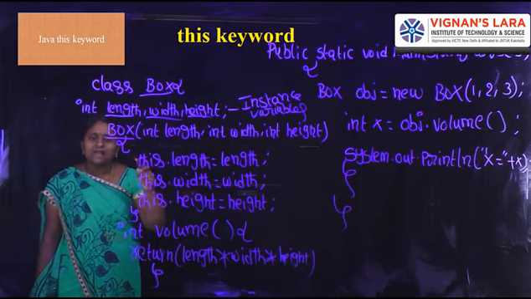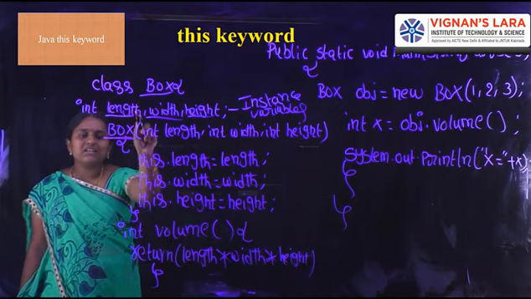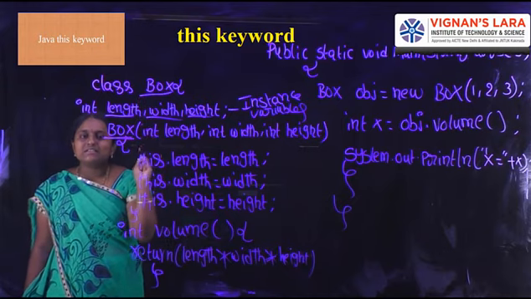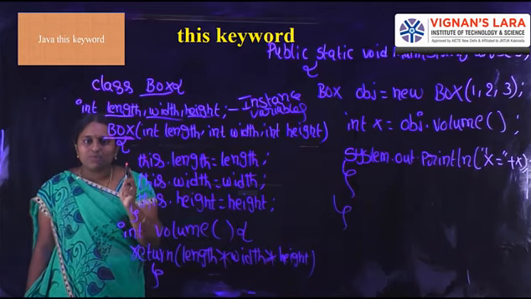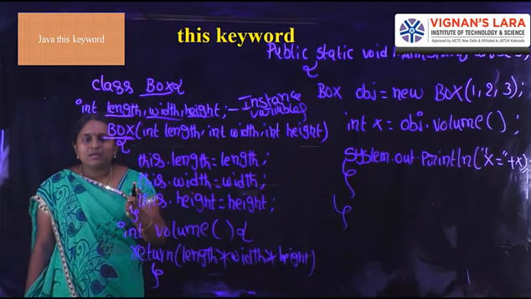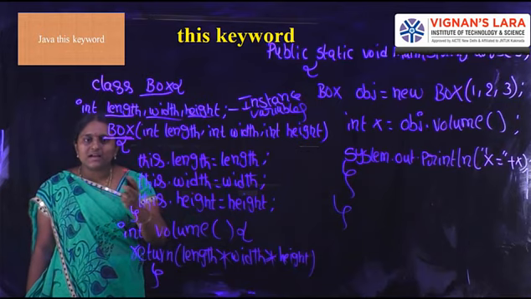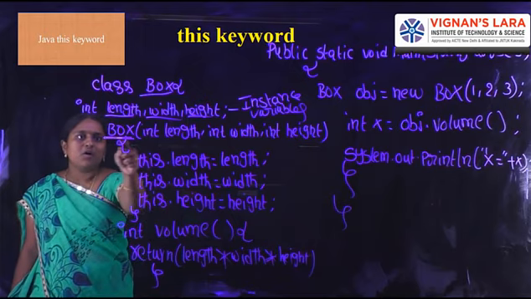Here what is our class name? Box. Okay, so here what is our constructor name? Box. The constructor name is the same as the class name, and a constructor does not return any data type, not even void. It is a special kind of method. Functionality-wise, both method and constructor are the same. So here Box is the constructor.